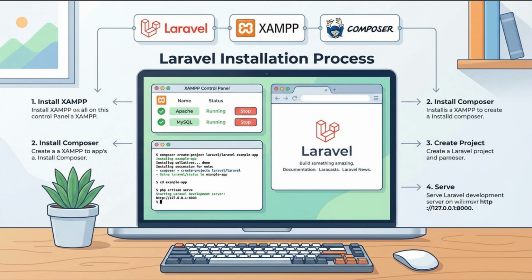Finally, we reach step 4, running the Laravel development server. To start your project and view it in the browser, use the built-in Laravel command php artisan serve. Laravel will start a lightweight development server and display a local URL, usually http://127.0.0.1:8000. Copy and paste this address into your web browser. If everything is set up correctly, you will see the Laravel welcome page, confirming that your project is active and